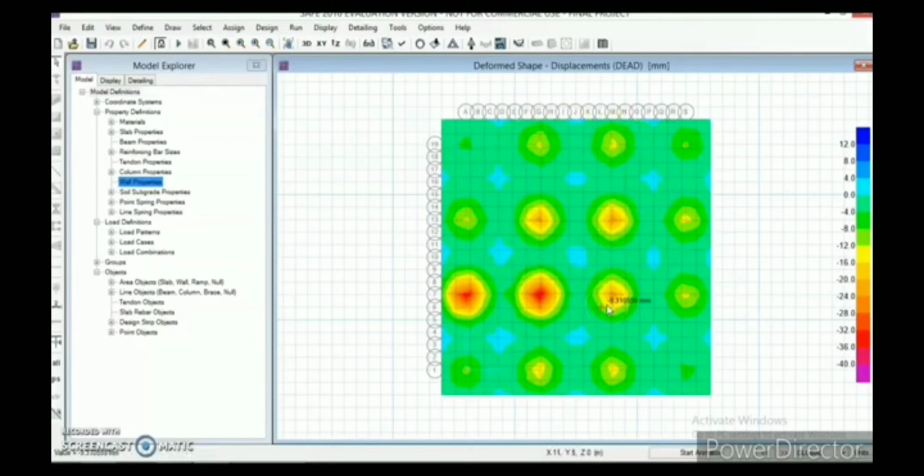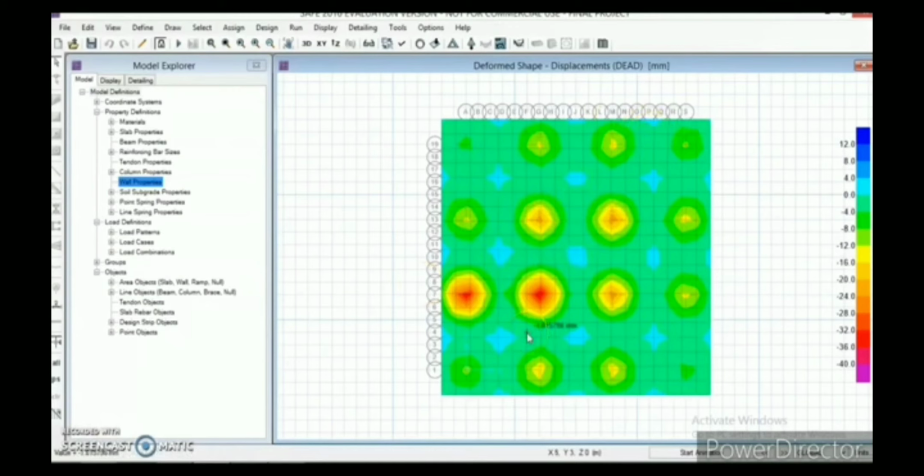So after this, what we need to do is check our punching values, and you can also check the displacement values at every place.